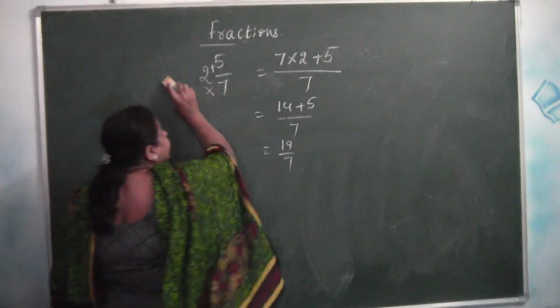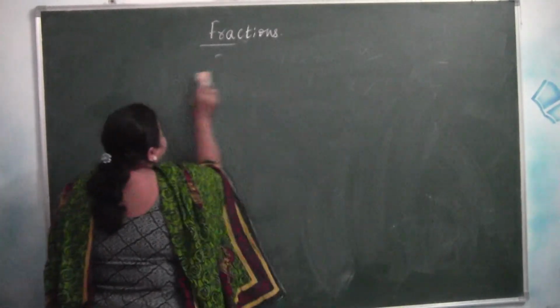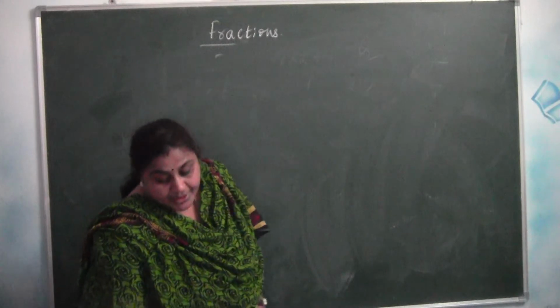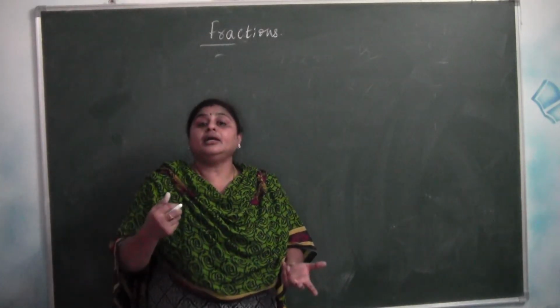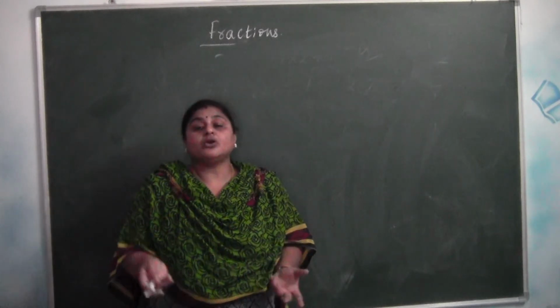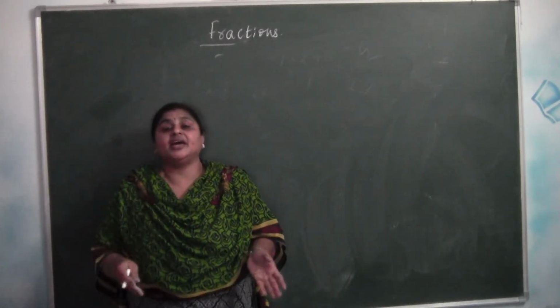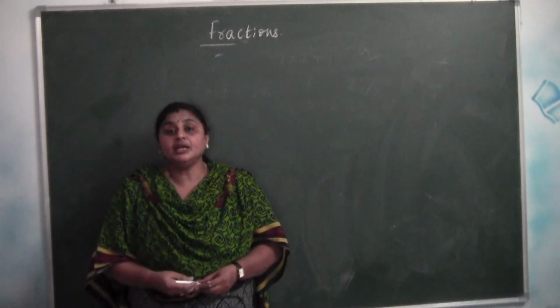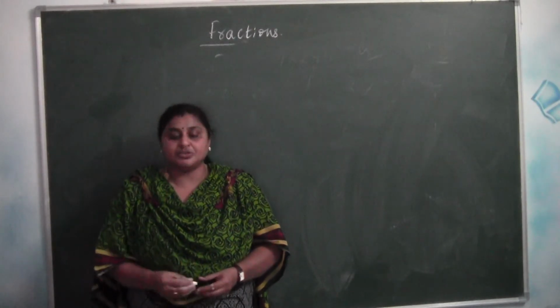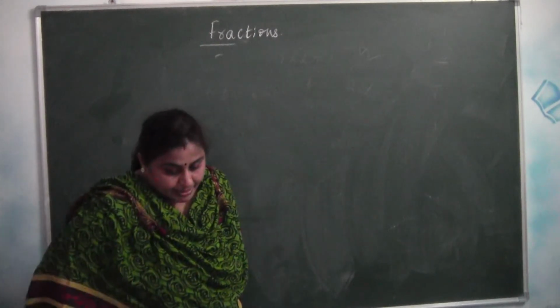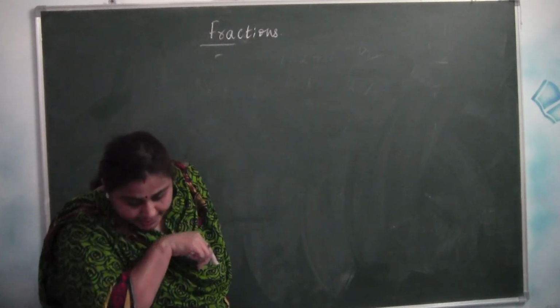Right. Now let us compare the fractions. If you have a combination of improper and mixed fractions, or a combination of unlike fractions along with a mixed fraction, how do you compare such fractions? Now let us take an example. Say